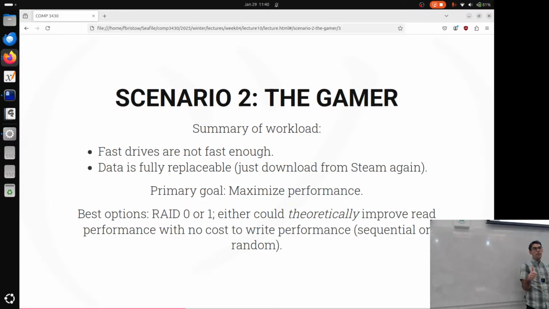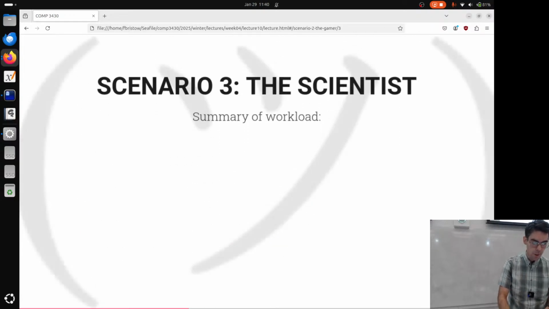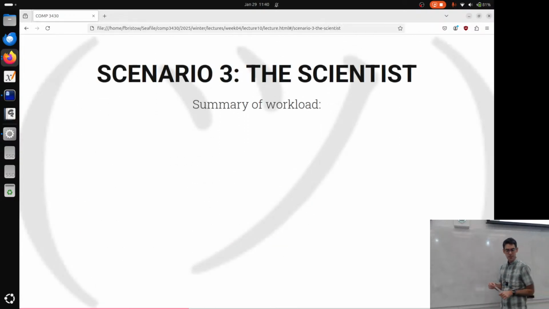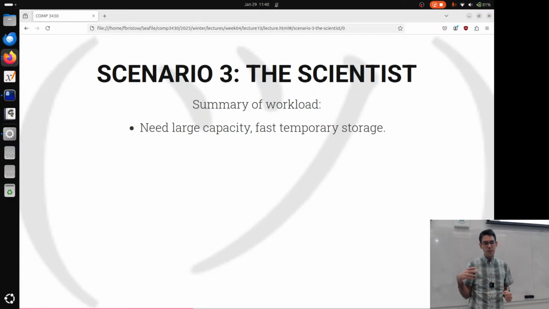That make sense for everybody? Okay. Here's the last one. This one was the scientist. This was the scientist that was working at the science factory, working on important science. And the summary of the workload here was intentionally like, there's different constraints that this person is trying to pull on. I'm very intentionally trying to do this here.